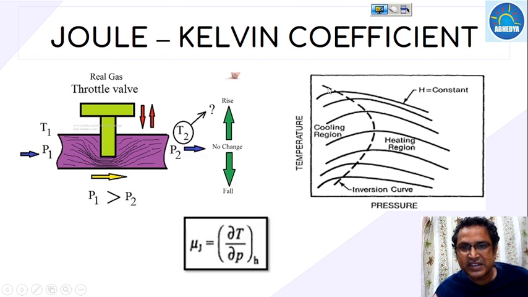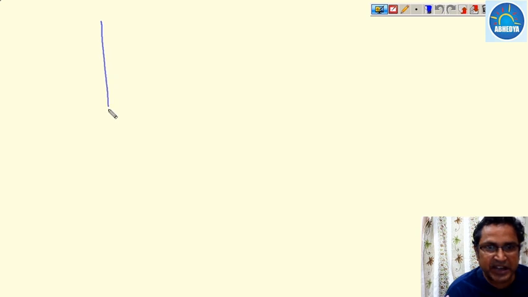Since we have discussed that this is the inversion curve, and inside the inversion curve this is the cooling region, and outside the inversion curve is the heating region. Okay, and in the PT diagram,